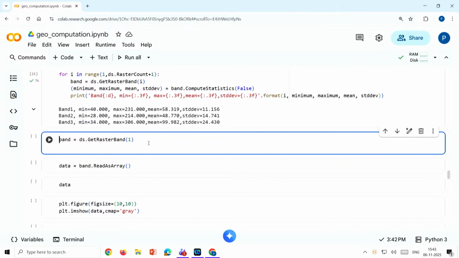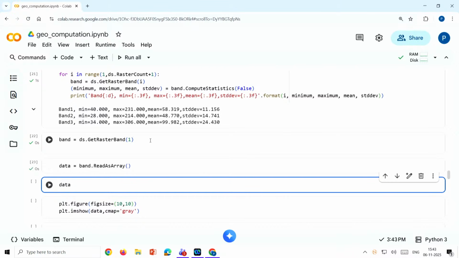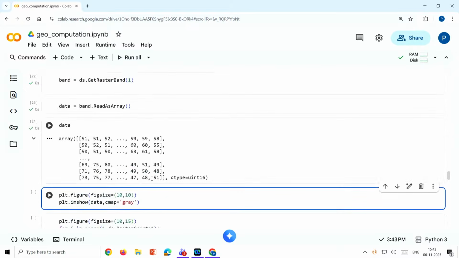First, from the dataset I am fetching band 1, with ds.GetRasterBand, so I get the band 1 object. In that band object there is a function called ReadAsArray. ReadAsArray will return a numpy array representing the intensity values for all pixels in our image. If I print data,